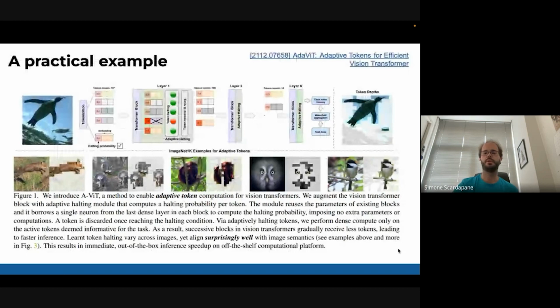For example, this is a paper from NVIDIA from last year, but they do basically what I described. This is the picture, divided into tokens. The tokens are the patches, and you have the transformer blocks. In the middle of these transformer blocks, you put a Gumbel-Softmax to remove some patches.